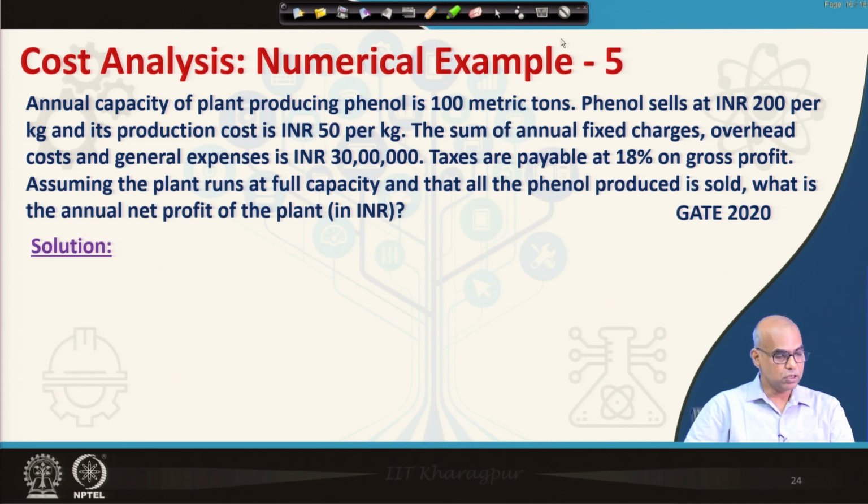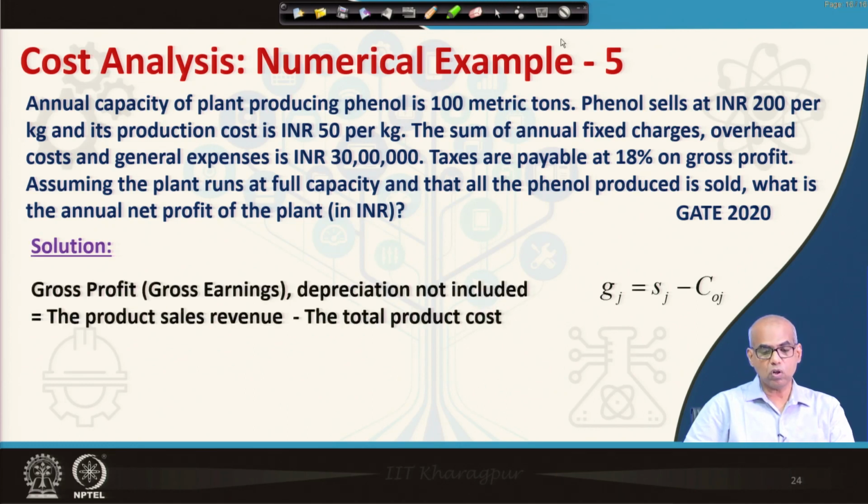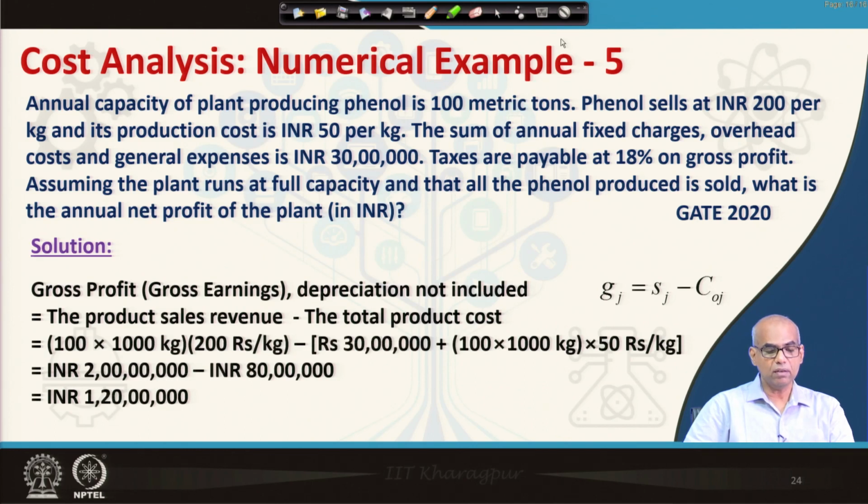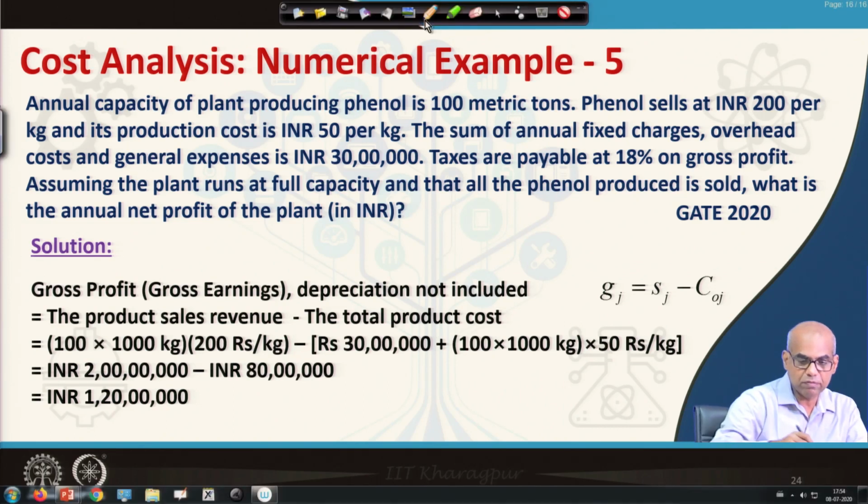So, this is a straightforward application of the definitions of gross profit, net profit, etc. We know this equation. Gross profit or gross earning is equal to the product sales revenue minus the total product cost. So, find that. What will be the total product cost? 100 metric ton means 100 into 1000 kg and the phenol selling price is rupees 200 per kg. So, this gives you